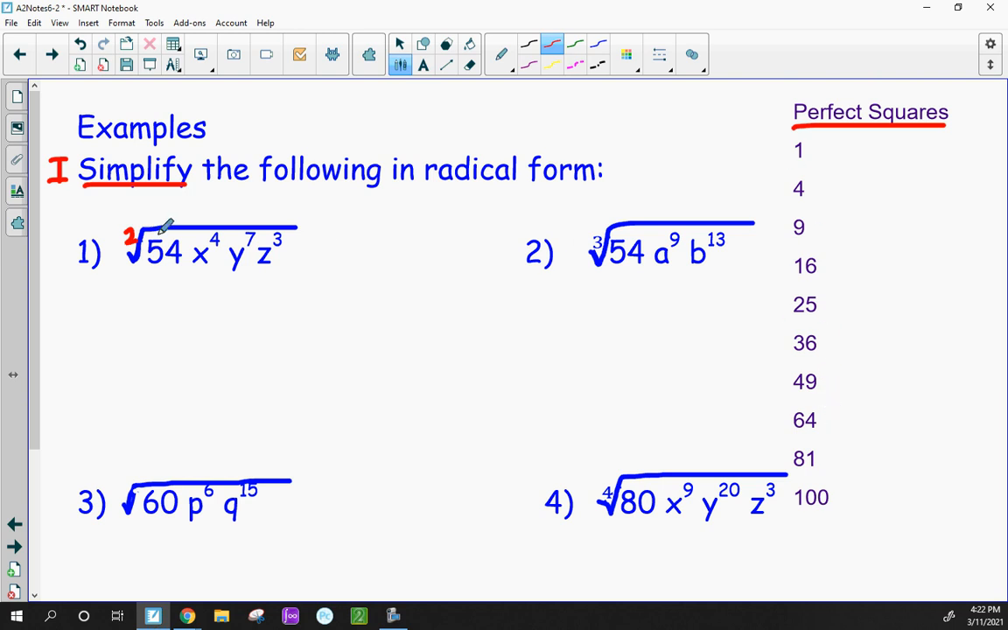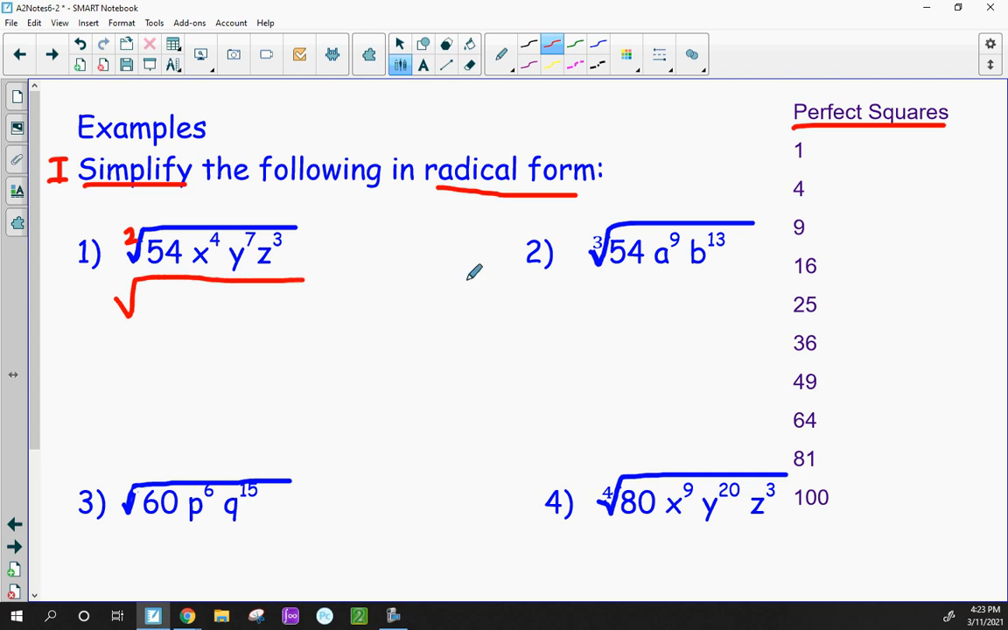So that means that there is no whole number times itself that will equal 54. Your job is not to use a calculator. I don't want you just typing in square root of 54 and giving me the decimal, which is like 7.35. I don't want that answer. I want it in radical form. And so